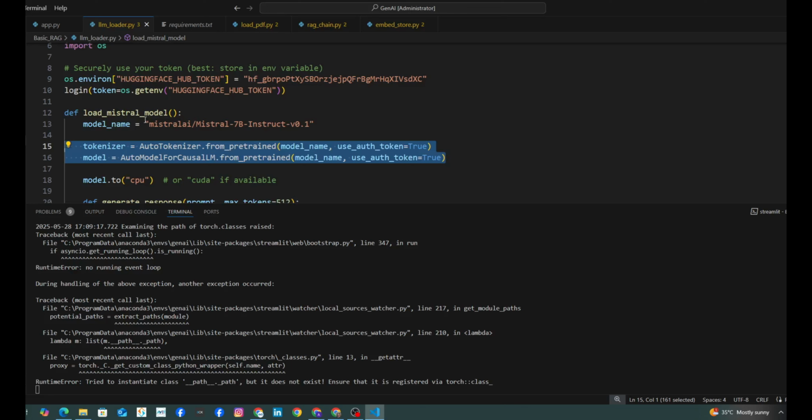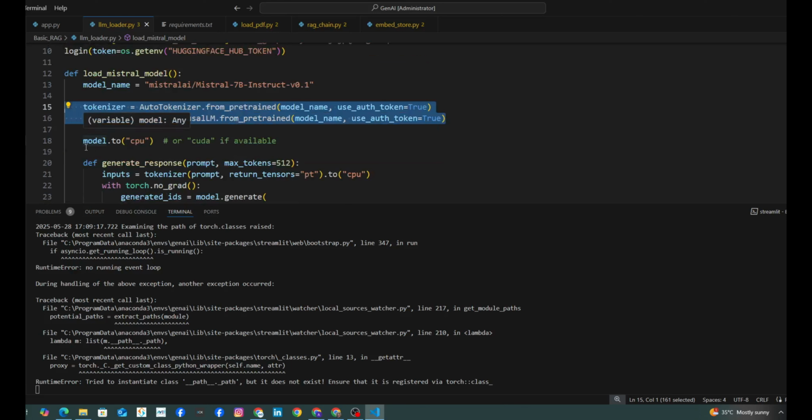What this tokenizer basically does is take the text, refer to the token IDs and feed that to the model, and it automatically downloads the tokenizer config and vocab if it is not cached, right? And AutoModelForCausalLM is causal language modeling where the model predicts the next word. So that is why these two things are used in combination.